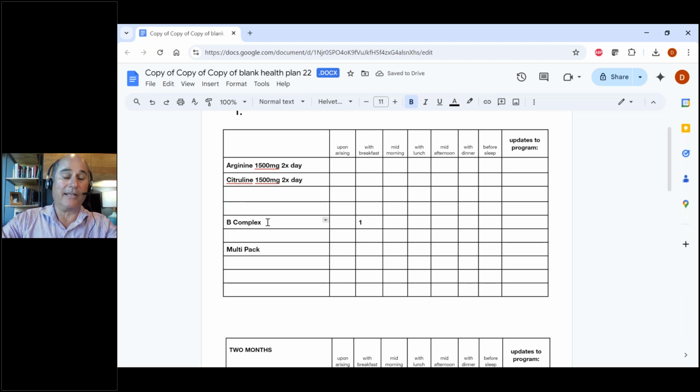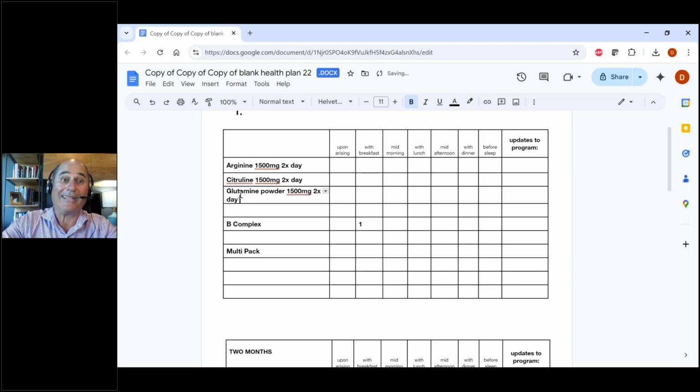You have your B complex in there. Like we mentioned, you always need the Bs. And let's say the patient's also low in, what's a super common one that's kind of fun? Oh, like glutamine. And that's glutamine powder. And that would also be, let's say, at least 1,500 milligrams 2 times a day. So glutamine powders are faintly sweet. So if you have them do this in a drink form, they can do the glutamine powder with some arginine and citrulline in it, put it into a drink, drink it down. That's a lot easier than just trying to take a ton of pills, okay?